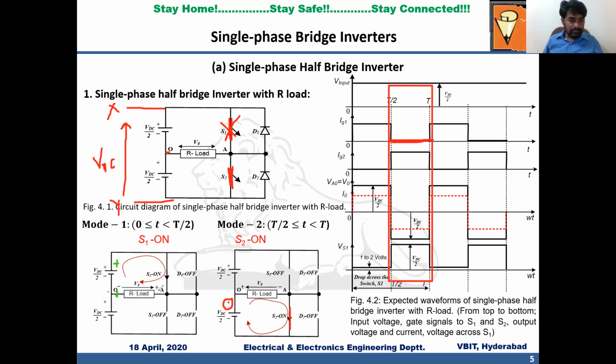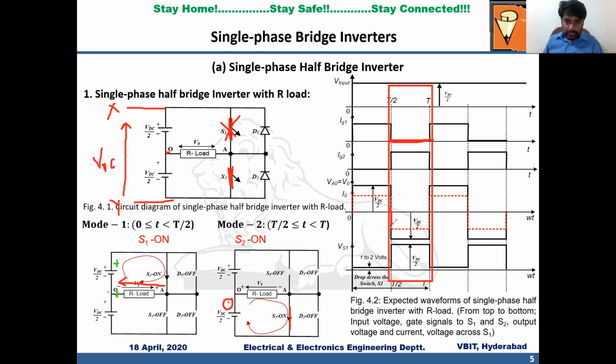So previously the current is from A to O, so you are getting the positive voltage. I assume that the voltage across the load is positive. Now in mode 2, you can see the current is from O to A. So the reverse current is flowing to the load, so you will get reverse voltage across it. Now the load terminal A is connected to VDC negative, whereas the load terminal O is connected to positive. Whereas in the previous case, the load terminal A is connected to positive through switch S1, and load terminal O is connected to negative. So now you can get the negative voltage across the load of magnitude VDC by 2 again.